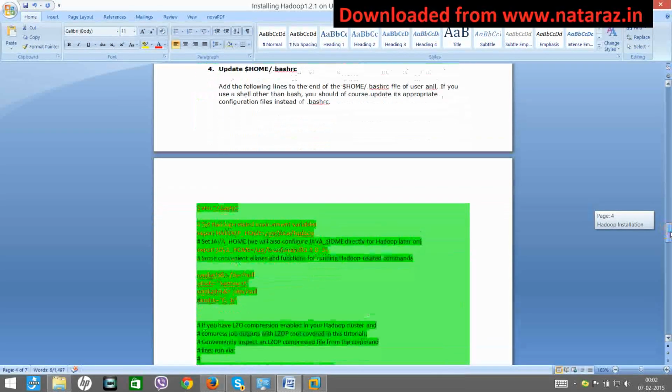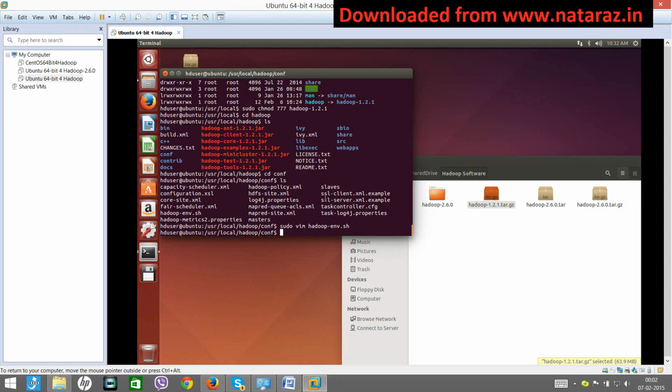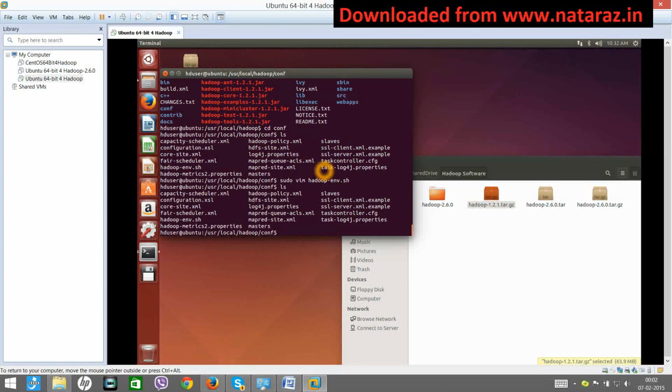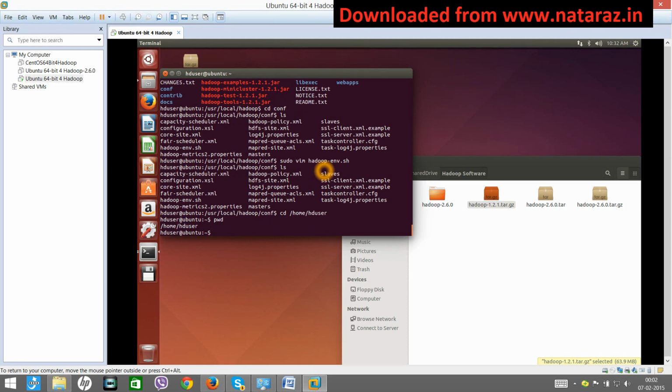Next, now you update the bashrc file. So you open this bashrc. Bashrc will be present in your current home directory. So I'll say ls, cd. My user name is hduser, so /home/hduser. Okay, here you have a file called .bashrc.